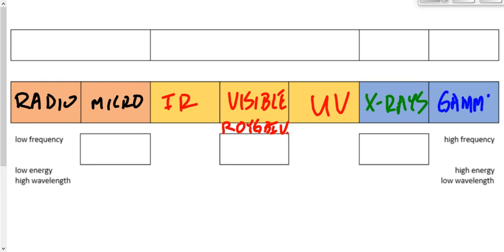There are unique ways of generating each of these types of EMR. When it comes down to it, it's accelerating charges one way or the other, but the specific mechanism is a bit or dramatically different for each of these types of EMR. Radio waves and microwaves usually come together. They're both produced by, generally,